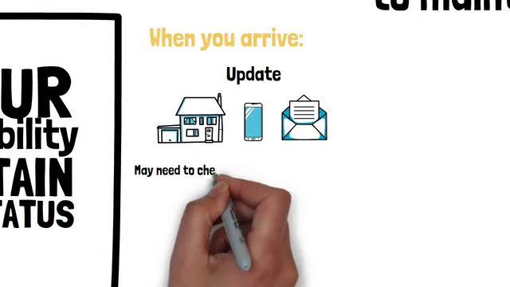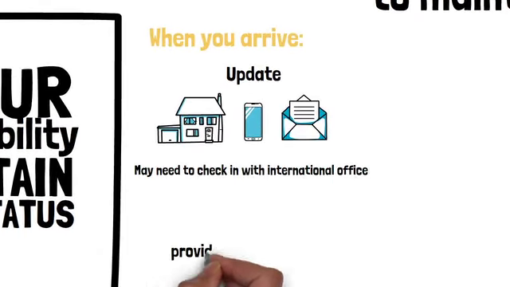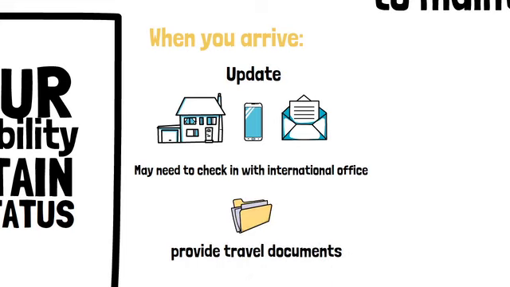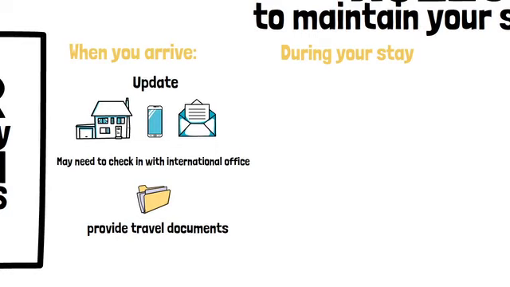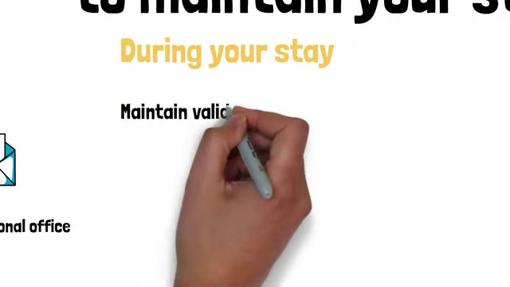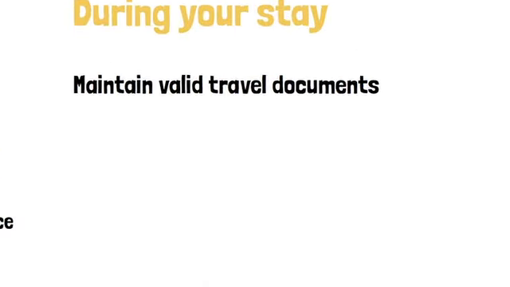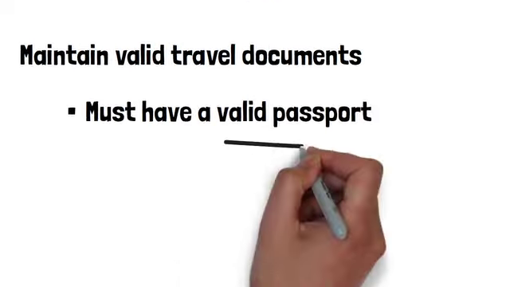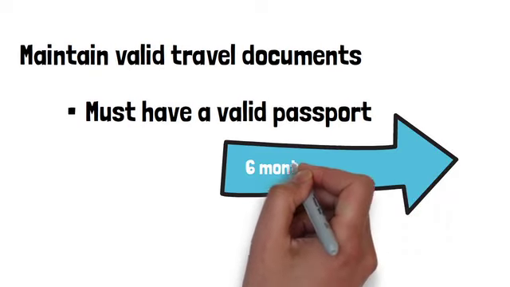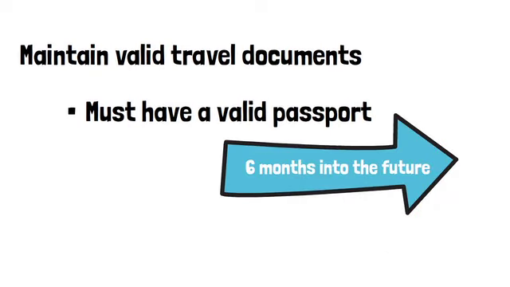You may also need to check in with the international office and provide them with copies of your travel documents. During your exchange program, you will need to adhere to several key immigration requirements. Maintain valid travel documents. You must have a valid passport for your entire stay in the US. Additionally, it is mandatory that your passport remain valid at least 6 months into the future during the entirety of